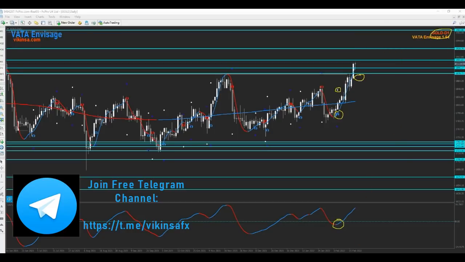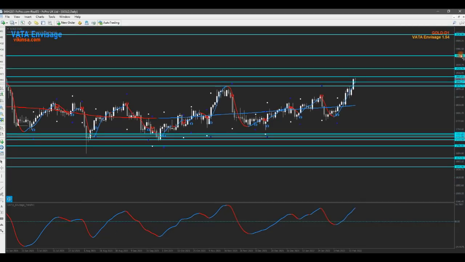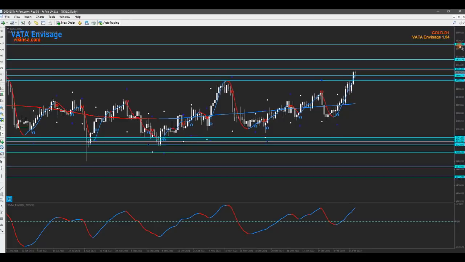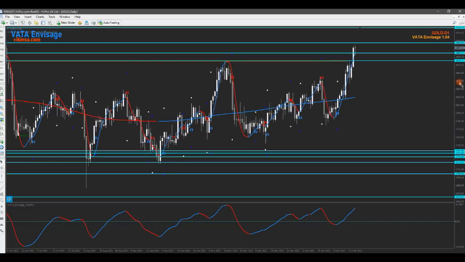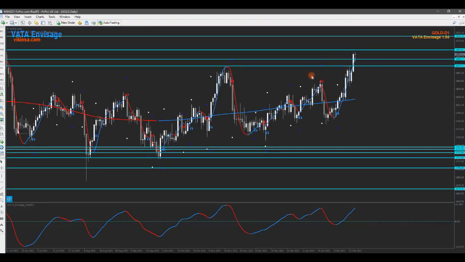So these are all the targets which were given: 1878, 1890, 1905, 1928, 1965. In fact, 1965 I have just added because it has now started to appear on the weekly chart as well. Then we have 2026, 2098, right? Now, not all of them are going to be reached because the market conditions can change. So you always need to have a little bit of analysis or a sense of structure and direction. Right now, the market has been able to reach three targets here on Vata and Visage.